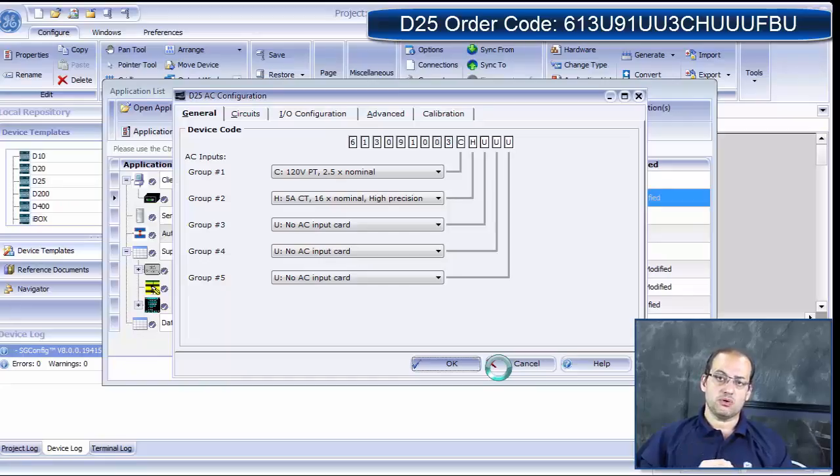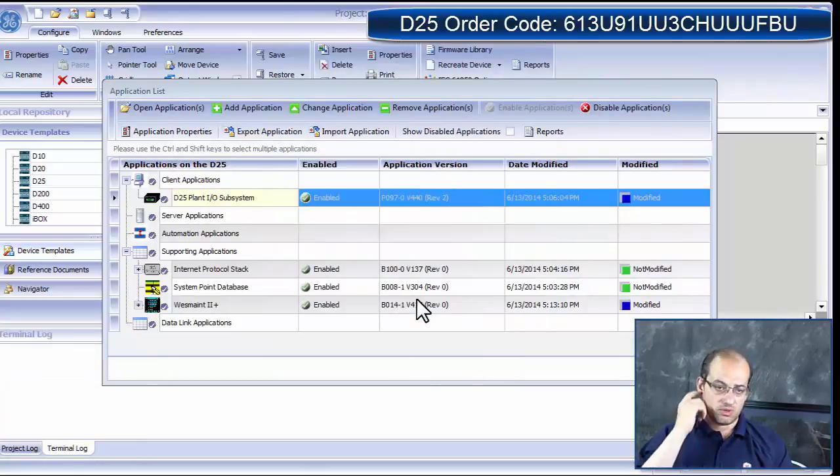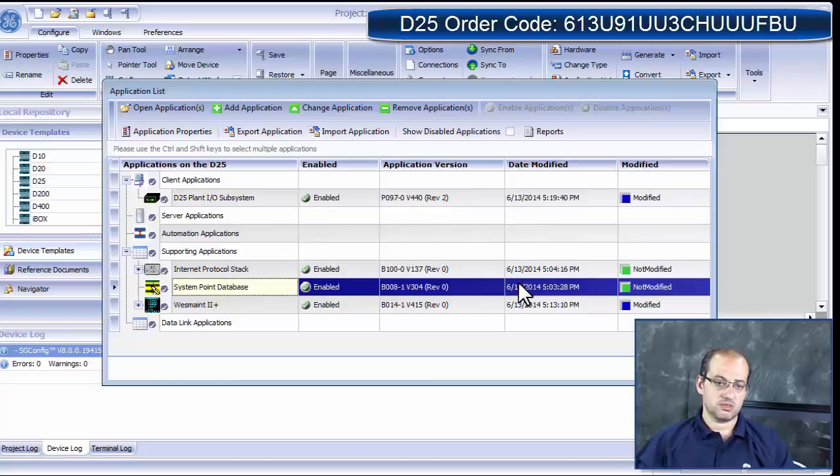To populate the point descriptions, there is an easy way to do it inside the Win or the B008 or WSDAC interface node database. It's just a huge database that basically monitors in and out between the applications, between the client and the server application. So we can go to the system point database,